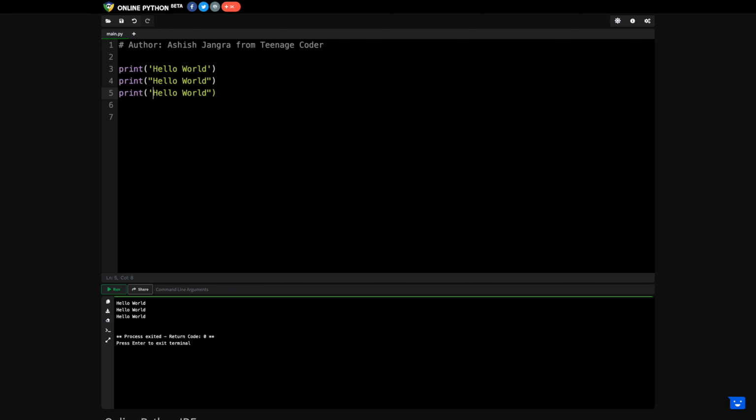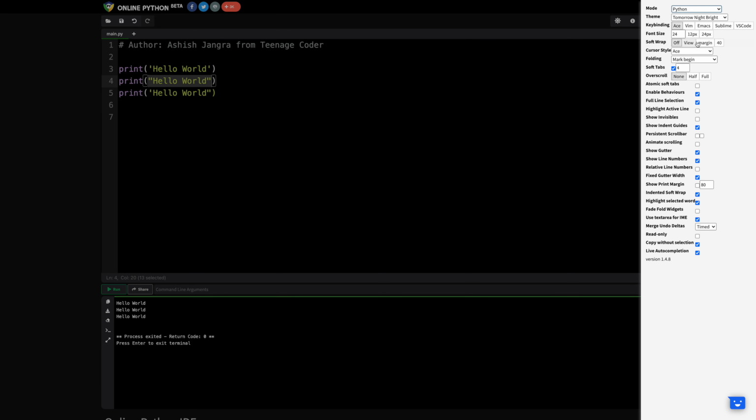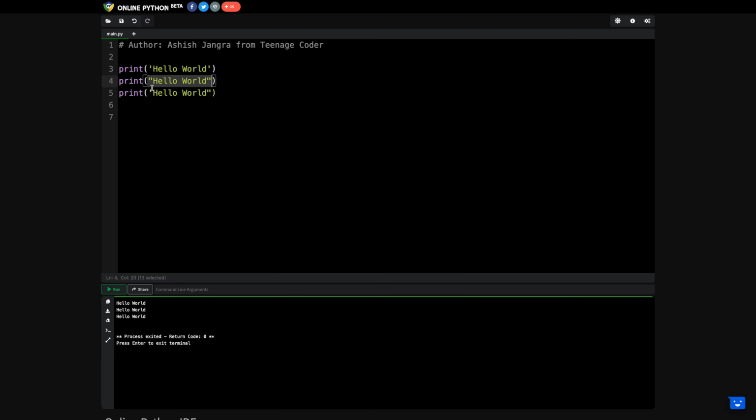Similarly, if I am opening with single quote, ending should be with single quote. And if you are using online compilers or any compiler where color coding is enabled, here you can see whatever you are writing within double quotes is in yellow color, right? In your case it might be some different color because there are some settings about the colors that I have used here. But here we are starting a yellow color, and here we are ending the yellow color.